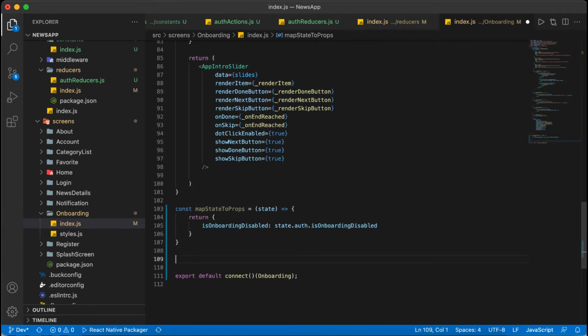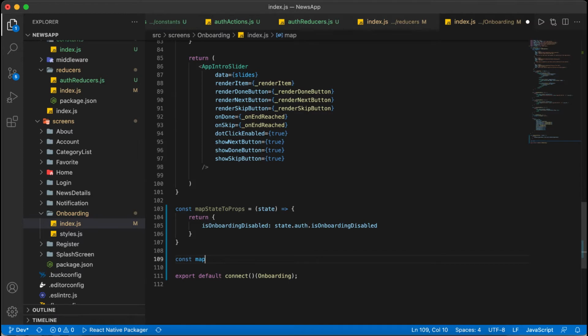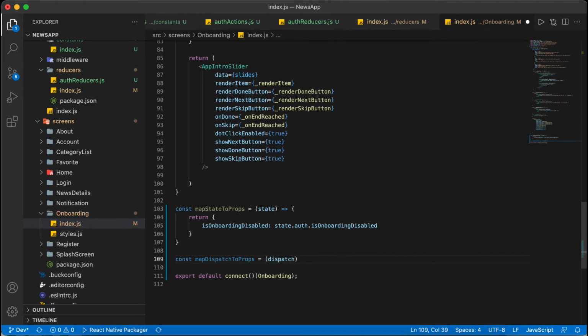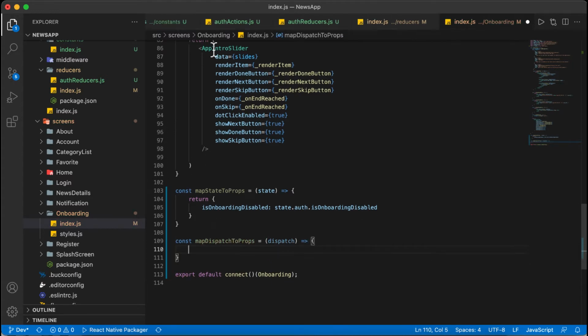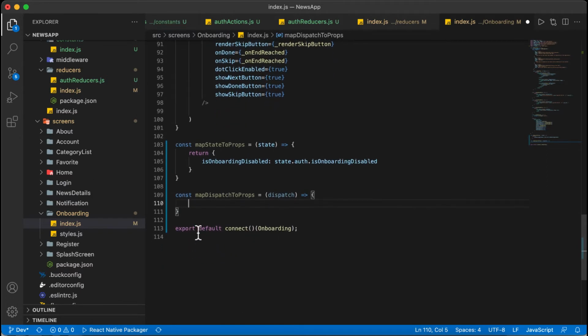One more function, that is constant mapDispatchToProps. Here we will access the dispatch, to dispatch the action. We will dispatch the action method here to props, then we will call the method and it will be updated.